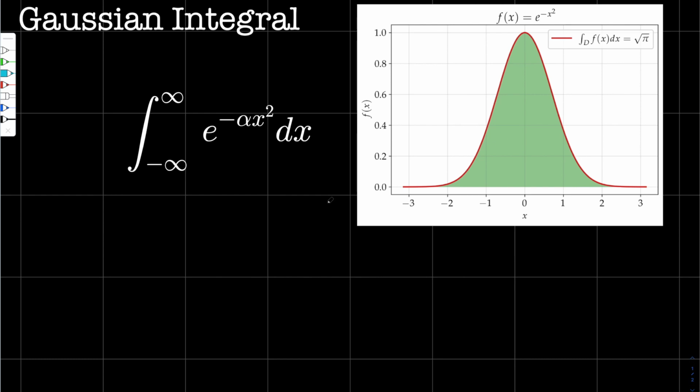It's famous in quantum mechanics and statistics. It's also known as the bell curve, the normal distribution. And this is the base function of it. So you may have seen it like, there's some constant. I think it's 1 over square root of 2 pi something. I don't remember. But this general integral, if you integrate this function, you get the square root of